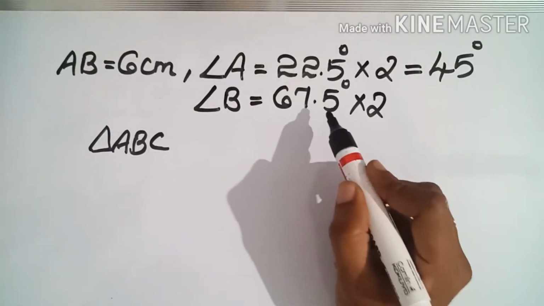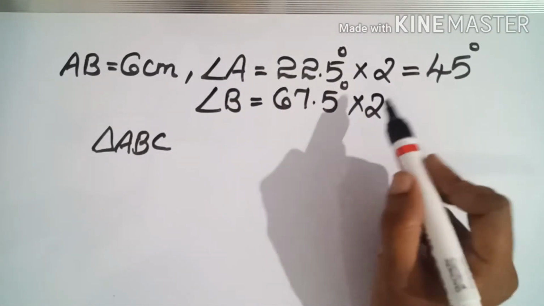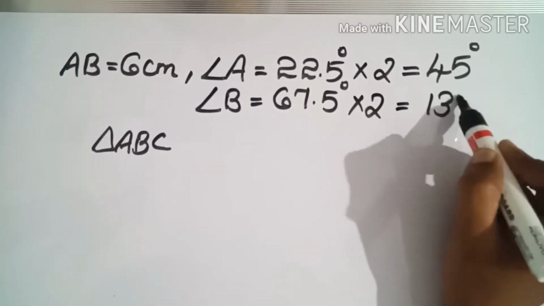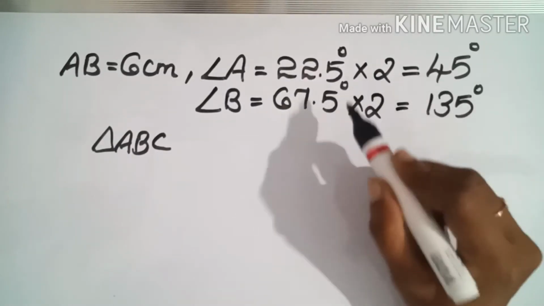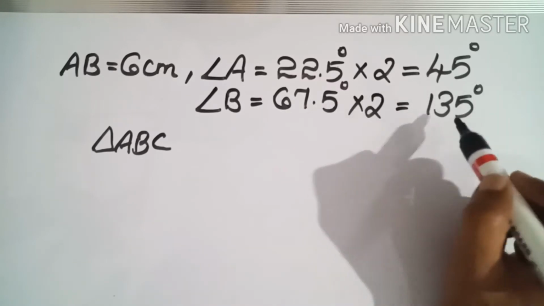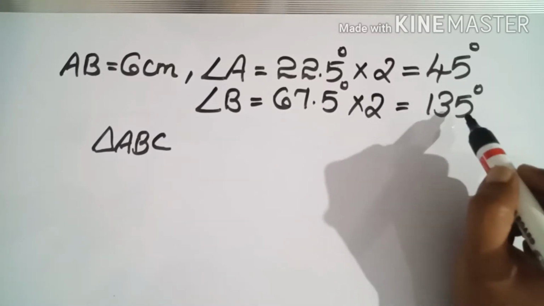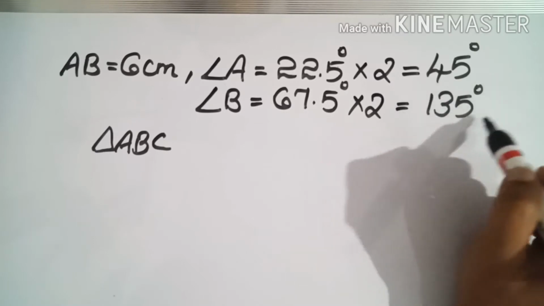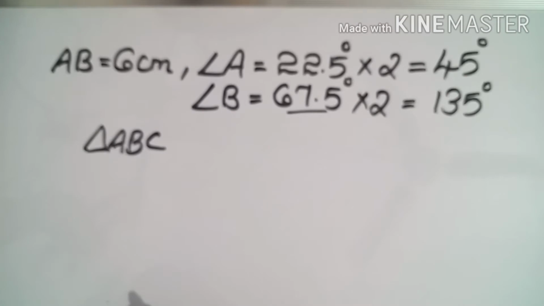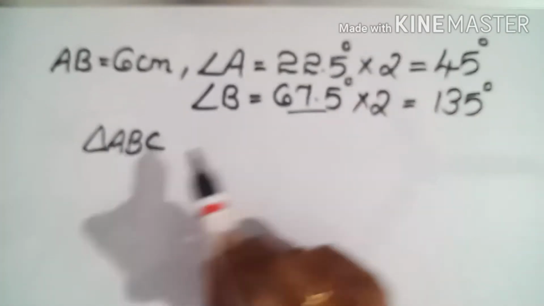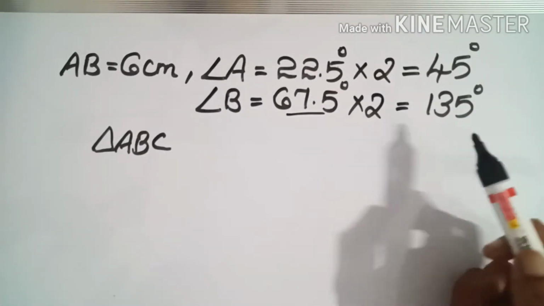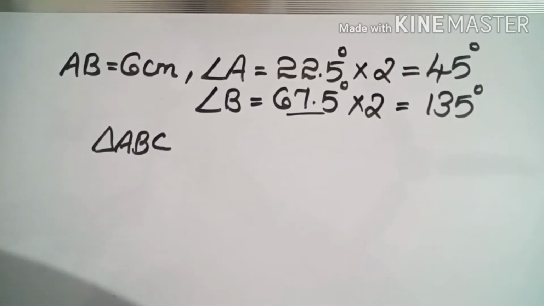Now 67.5 degree. So in order to get the double measurement, after multiplying by 2, you will get the answer as 135 degree. I am not showing that. For the previous problem, I showed you how you can multiply. Okay. So here answer will be 135 degree. After drawing the bisector of this 135 degree angle, we can find 67.5 degree. Okay. So first of all, we will draw 6 centimeter line, then 45 degree and 135 degree from each end. Okay. So let's see how.